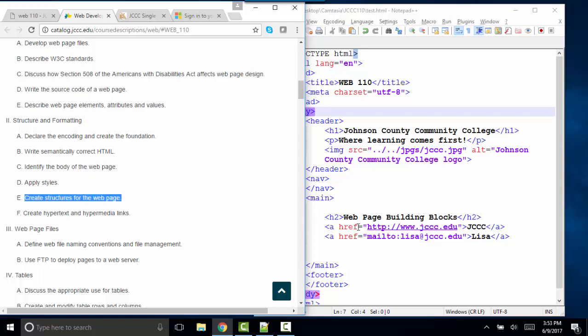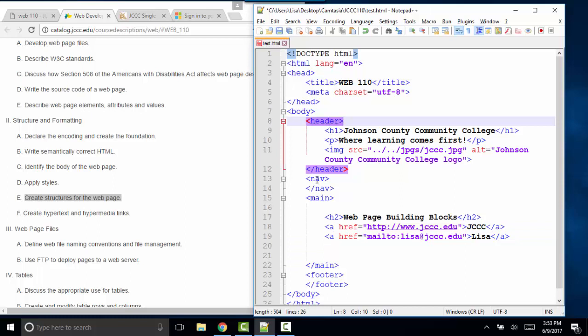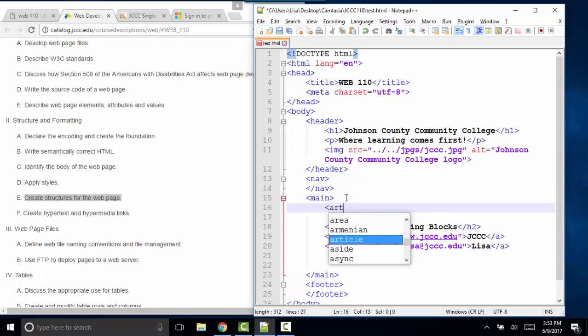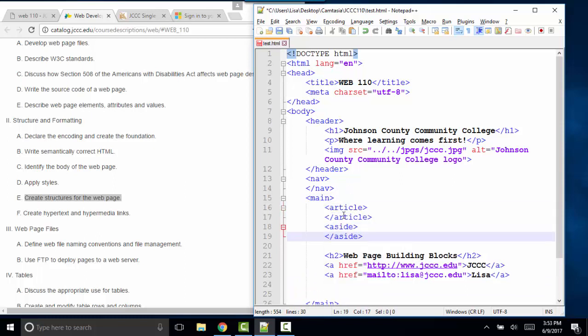Creating structures for the web page means that you've got sections of your web page. Header, nav, main, and footer are pretty standard. There might be other areas such as an article or an aside, but by using these semantically correct tags, you're creating a nice wireframe structure for your web page. So I want you to be able to explain the structural tags on a web page,